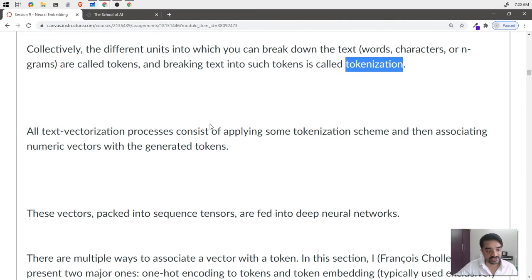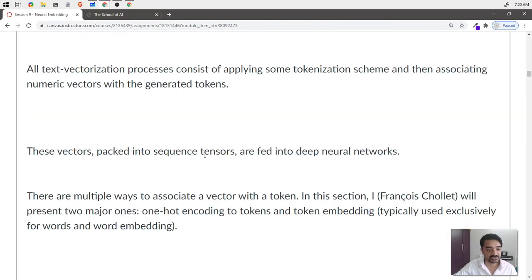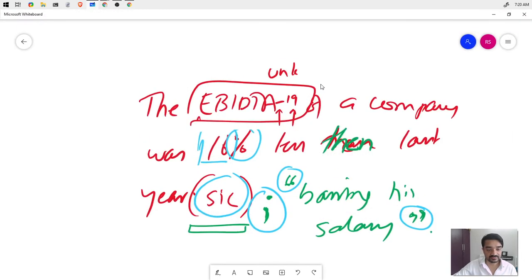Now, the whole text vectorization process consists of applying some tokenization scheme and then associating numerical vectors to the generated tokens, right? That is exactly what we just discussed. These vectors packed into a sequence tensor are fed to the deep neural network. So when we have tokens for this, let's say even if you look at our example,